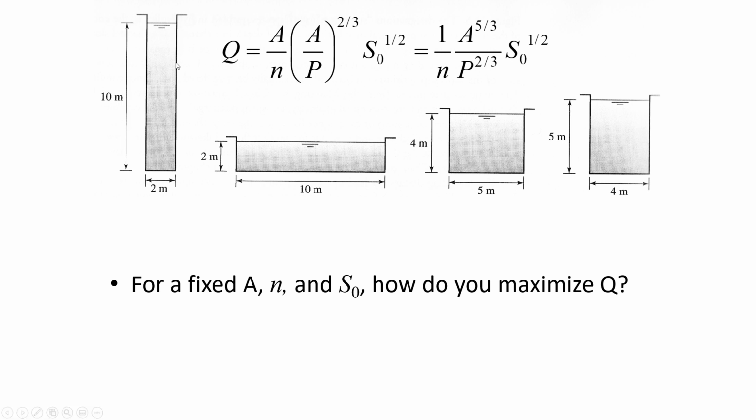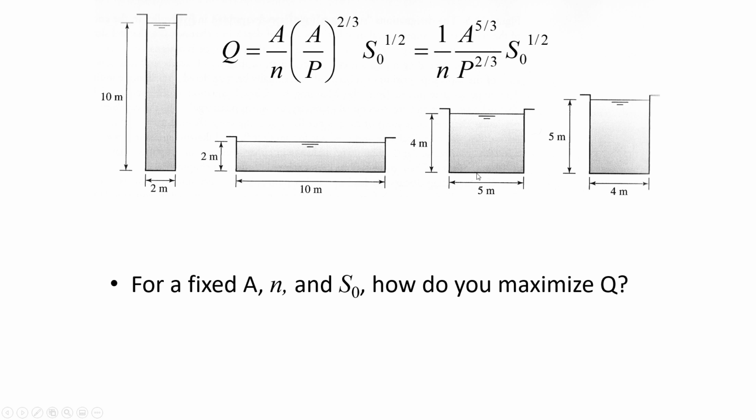the surface applies resistance to the flow. And so here, in this channel that's on the far left, there's a lot of contact with a surface that's not moving and is applying resistance. So the overall length of wetted perimeter is big relative to the flow area, so there's going to be a lot of resistance. Whereas here, in the one that's 4 by 5, this section that's in the middle is pretty